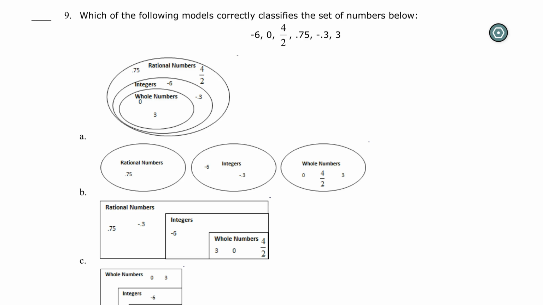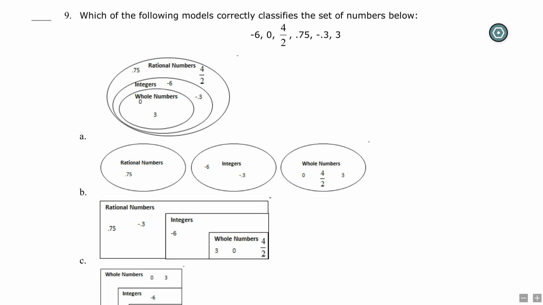Okay, so now we're going to do the second half of the Unit 1 test review. And so beginning with question number 9, it says, which of the following models correctly classifies the set of numbers below? And so I have -6, 0, 4 halves, 75 hundredths,